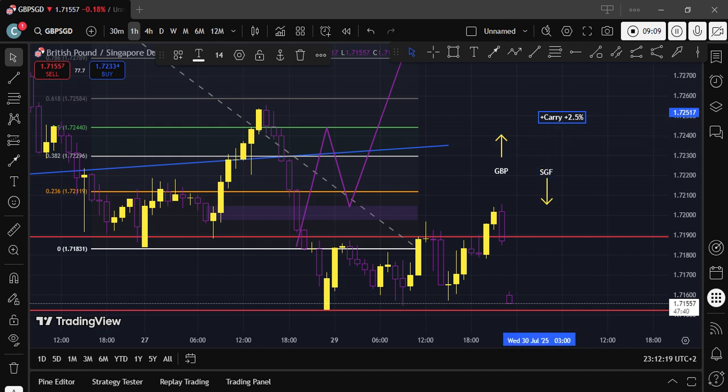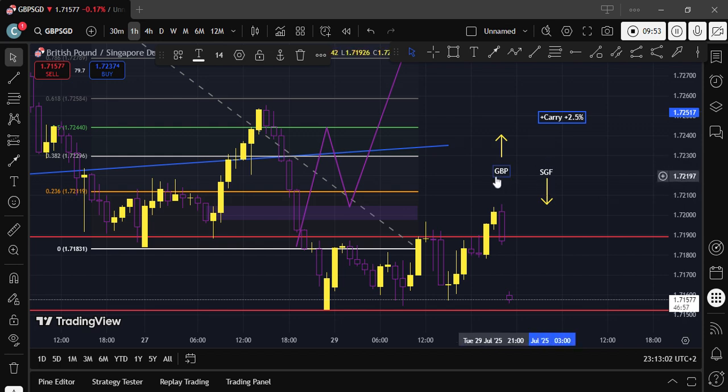swap, we get a negative swap, which is like negative 4 point something percent, which is a loss at this point. So with the SGD, we're able to get a positive carry, even though the SGD is not yet ready to be sold, because normally there are certain times in a 3 month term that a bearish currency would take off. Maybe it's not supposed to take off now. It might take off later, but